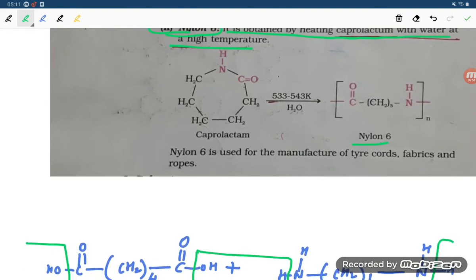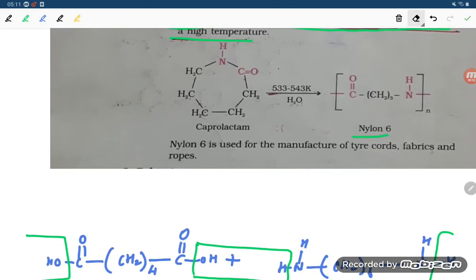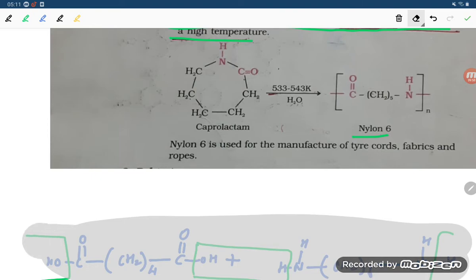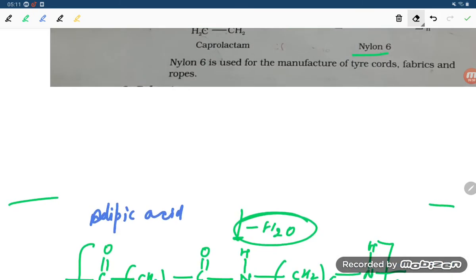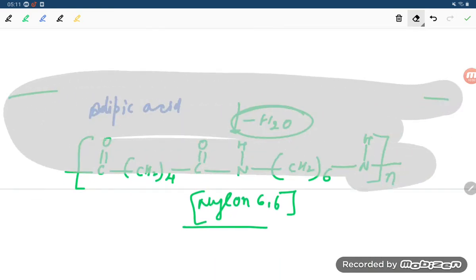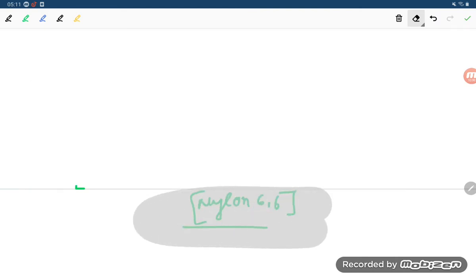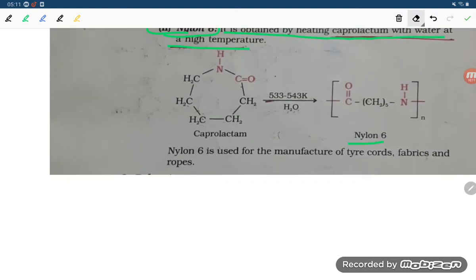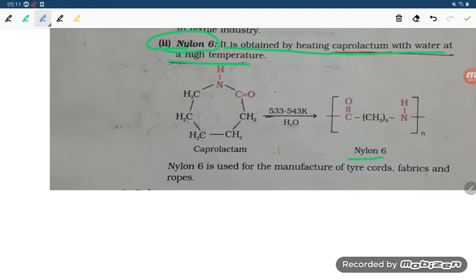Let us have a look at how you can prepare this nylon 6, student. We can easily get the caprolactam, and after getting caprolactam we can make the nylon 6,